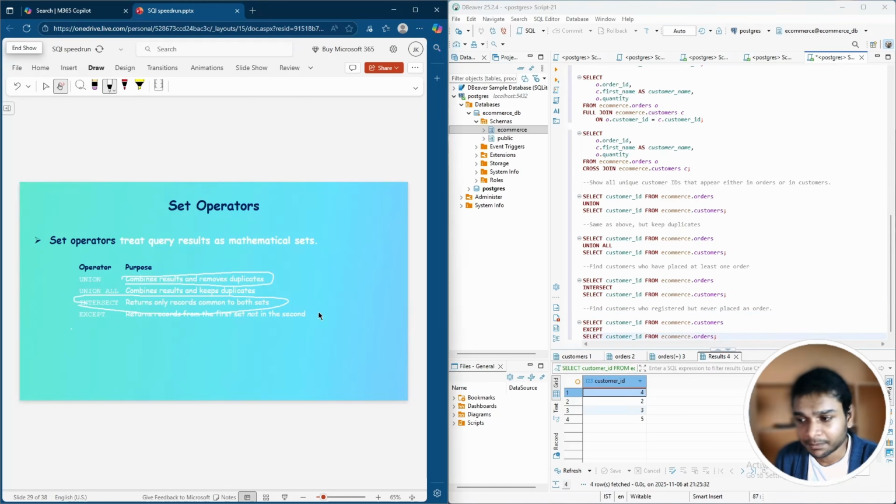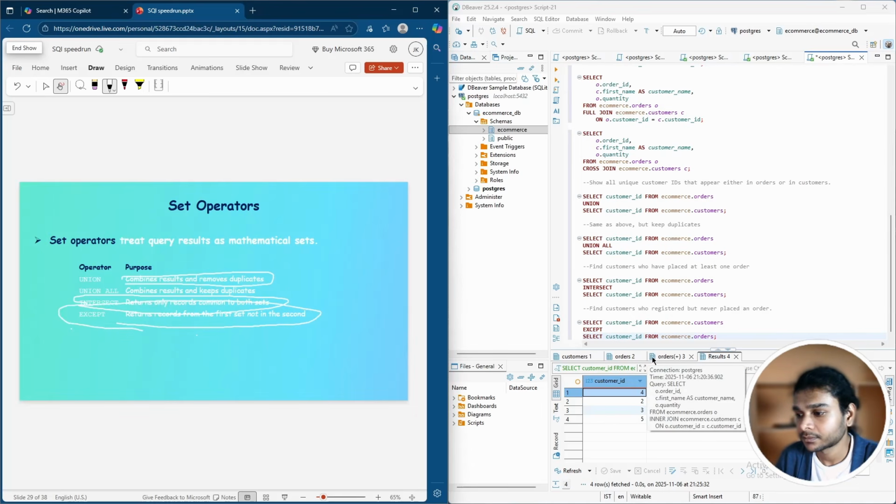Then we have except. Find customers who registered but have not placed any order. It returns records from the first set, not the second set. Not in the second set. So it only returns the customer IDs that are in the customers table but should not be in the orders